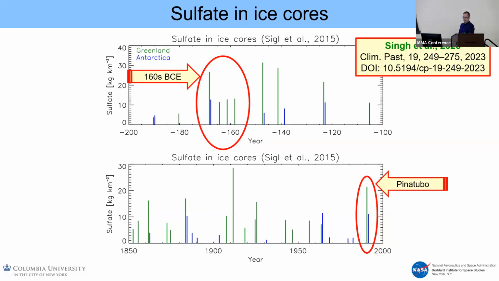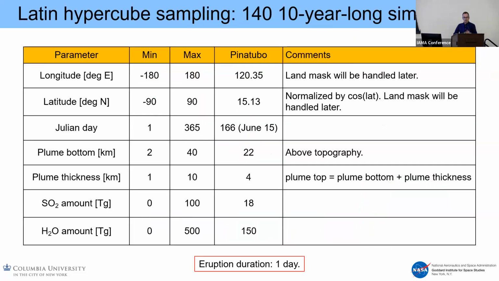You know, we place some eruptions in some historical volcanoes, and then we see what happens. But that's not enough if you want to really do some proper analysis. So what we did is we said, okay, let's do a Latin hypercube sampling of the uncertain parameter space that we have, which includes longitude, latitude, the day of the eruption, the location of the eruption in the vertical, both including the bottom and the top of the plume, and also the injected amount in terms of SO2 and water. And we create a parameter space that we believe is realistic, like anywhere in the world and any time during the year,